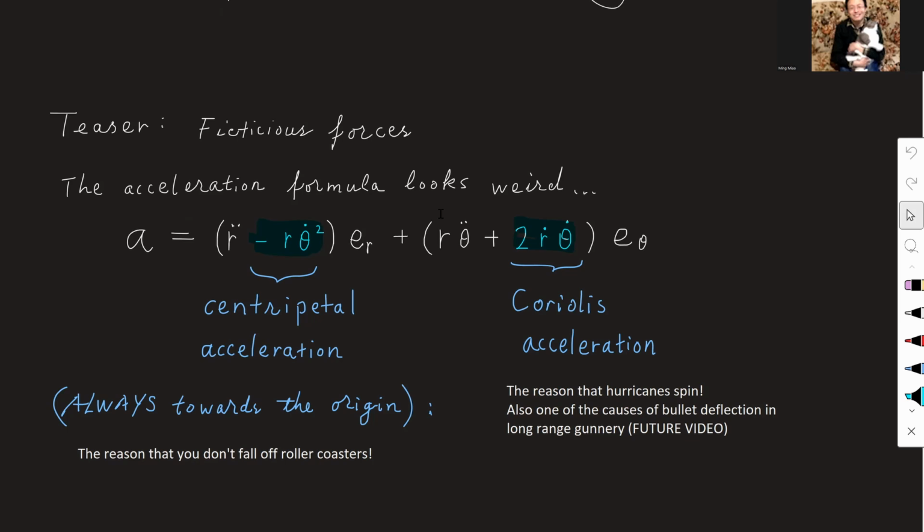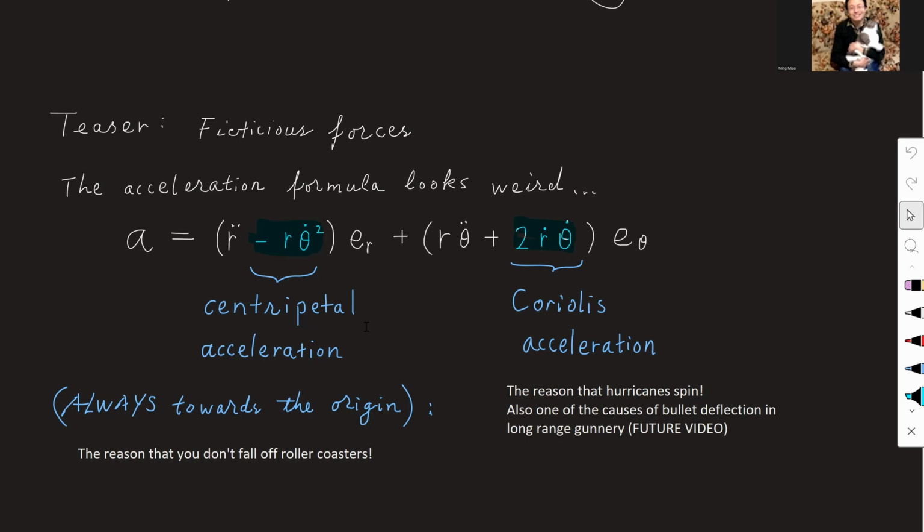In the transverse component, the first term is rather understandable. That's the contribution due to the second order derivative of theta. The term that comes after is perhaps a little bit surprising, called the Coriolis acceleration. We'll look at the effect of these acceleration components when we investigate fictitious forces, which has significant impact in real